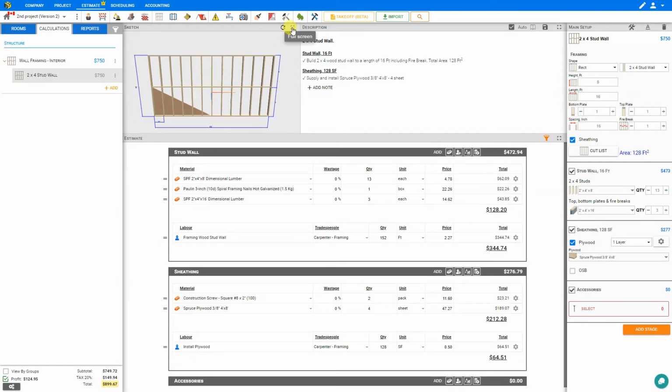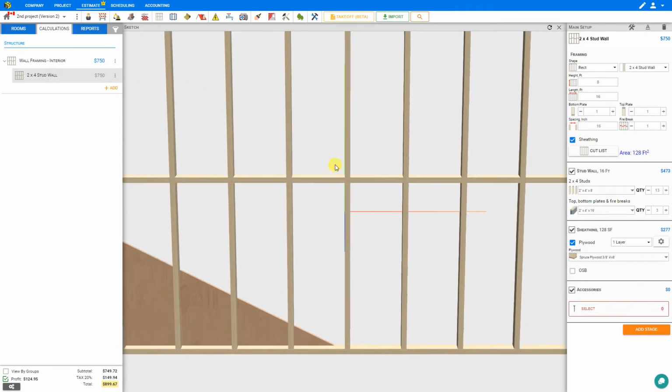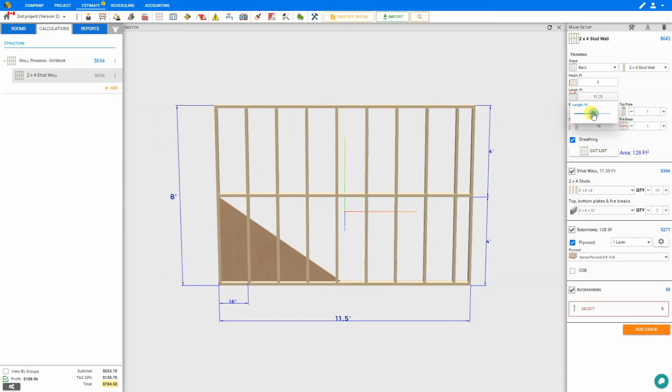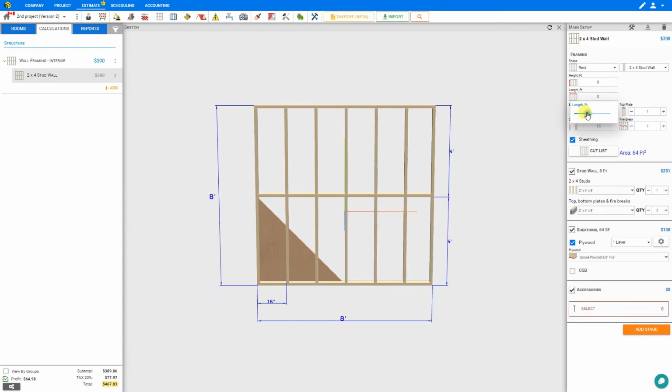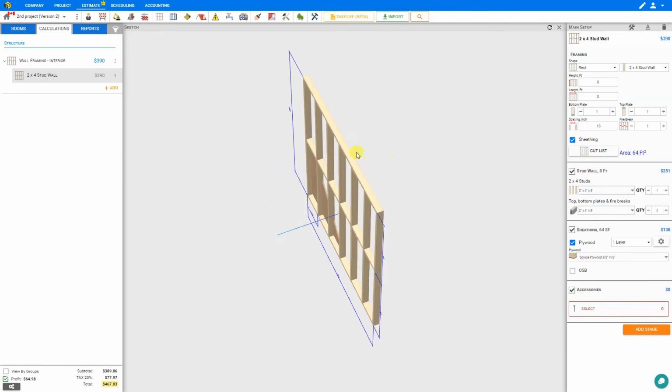And we can expand this sketch pane to full screen so we can have a better look. We'll just zoom out by scrolling on our mouse wheel here. And as we make changes to our various measurements, the sketch pane will automatically update to show the changes. If we click on our mouse, we can drag the image to look at it from all different angles, as this is a 3D